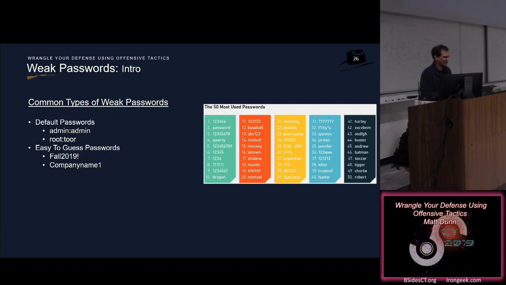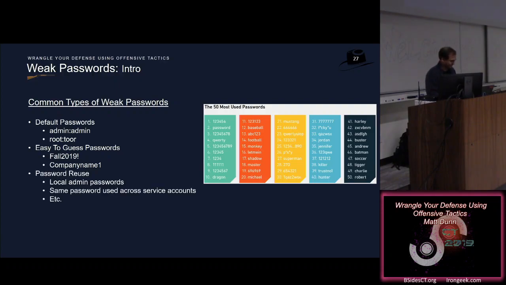So if I get a list of users for your organization, one of the first things I'm going to do is find your VPN or your Outlook Web Access or your Office 365 and try, right now, Fall 2019 against everybody's account and see if that hits, if anybody has that password. Password reuse. So if I land on a system and the user has local administrator access and I can have full control of that system, I might dump the local passwords or hashes on that system. If they're reused across the whole network or across several accounts, that allows me to move laterally very quickly through the network. So that's something to watch out for.